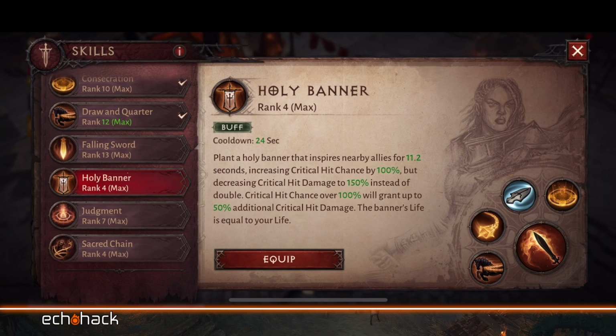Now, you have three options here for legendary items. You have the Arrow Keeper. But these are all helms, by the way. So the inspiration from Holy Banner now moves with you. The description there is a little bit lackluster because not only does the inspiration from Holy Banner move with you,